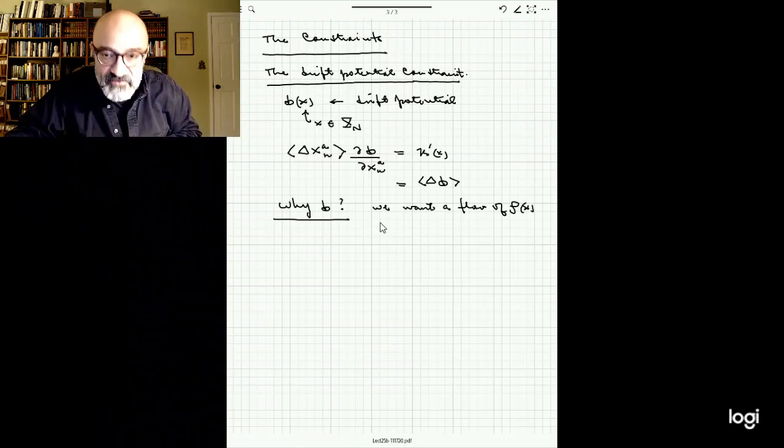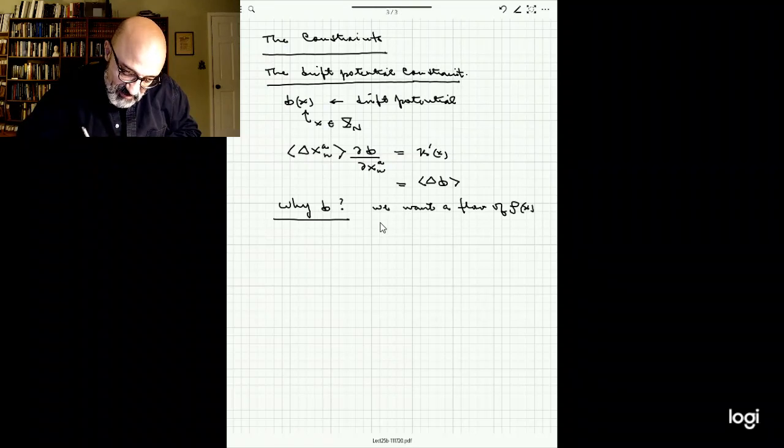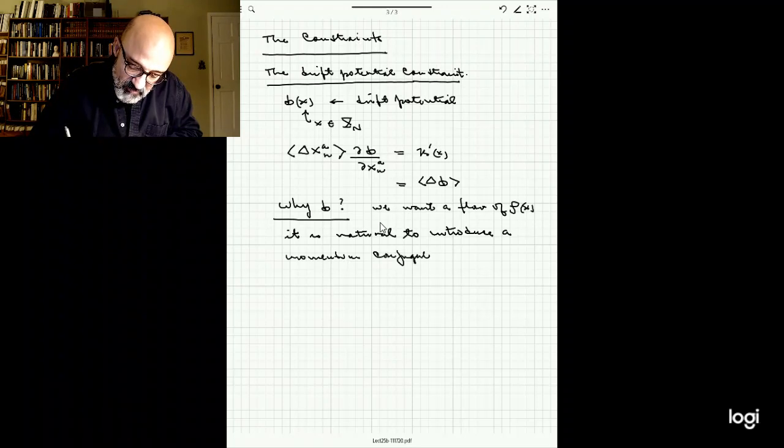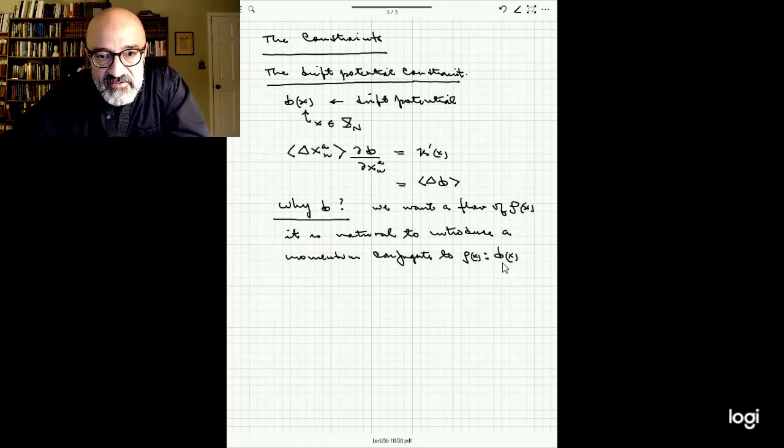We want a flow of rho. It is natural to introduce a momentum conjugate to rho, and this momentum is phi. So for each rho x, we introduce a phi x. This explanation of why we introduce a phi is an explanation that is